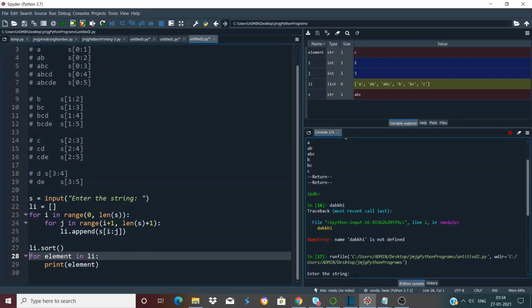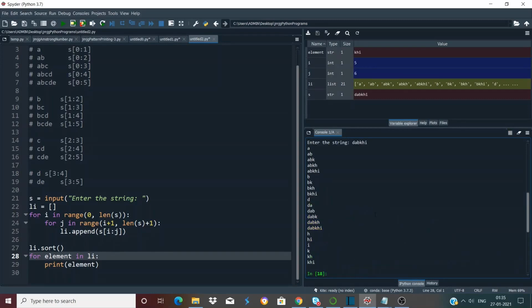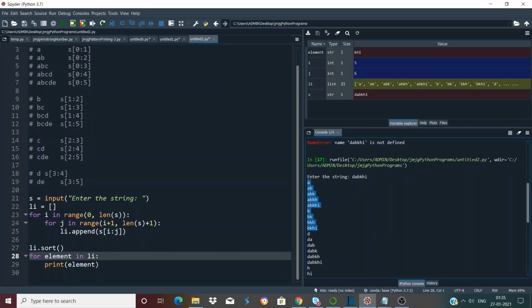If we enter the string DABKHI and press enter, you can see it gives us all the substrings in sorted form.